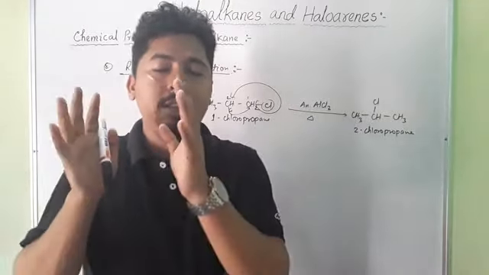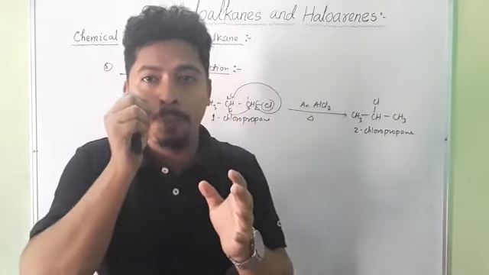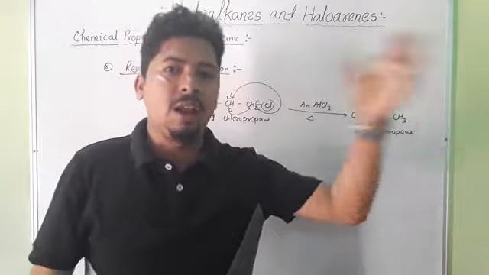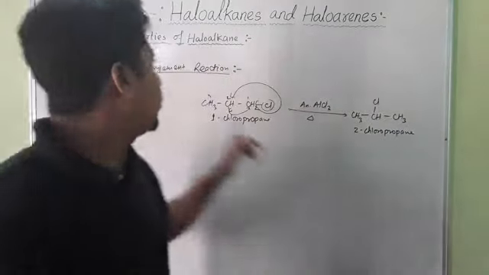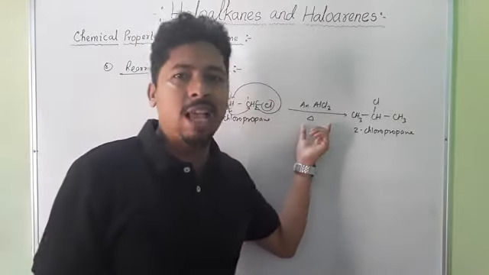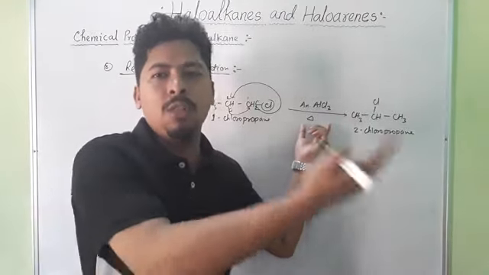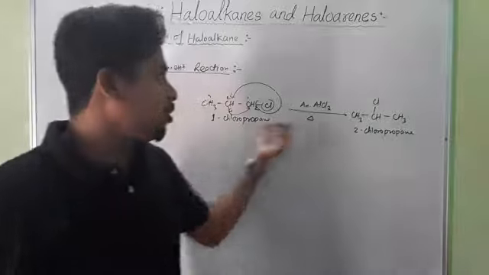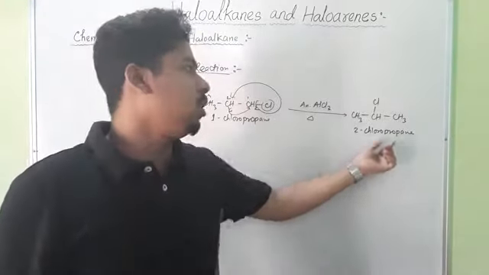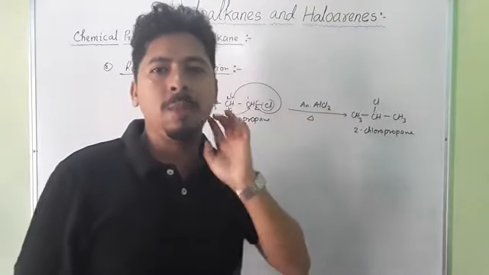After that, we discussed the reaction with hydrogen, the reduction or hydrogenation reaction. We have seen that these haloalkanes on hydrogenation or reduction give an alkane. And lastly, we discussed the rearrangement reaction. These haloalkanes on treatment with anhydrous AlCl3 rearrange to some other molecule. In this reaction the molecular formula and molecular mass remain the same, only the rearrangement of atoms takes place. So this is the rearrangement reaction.